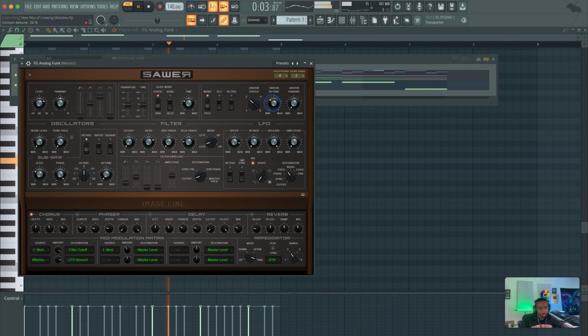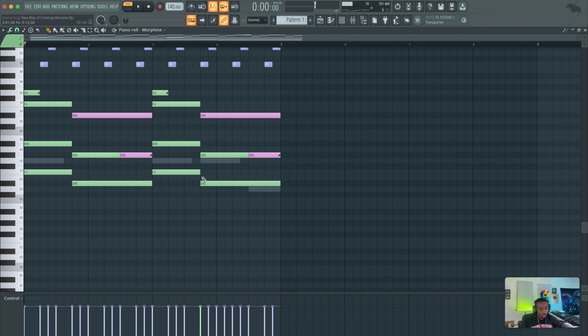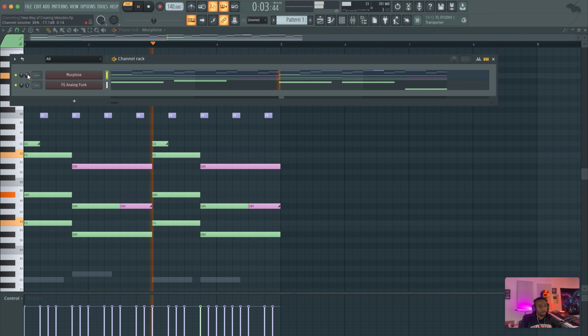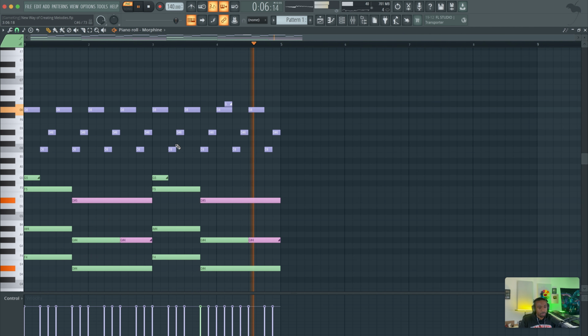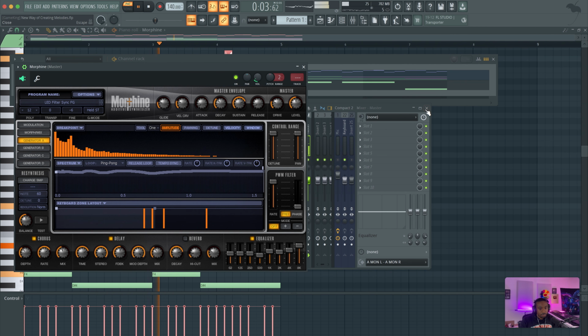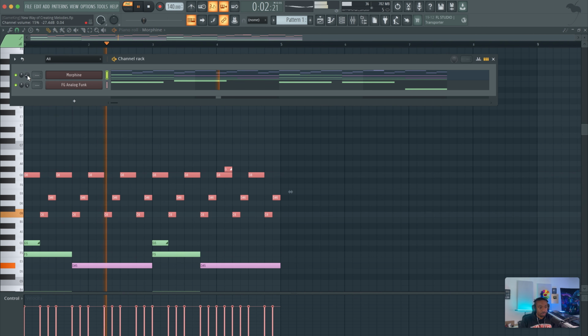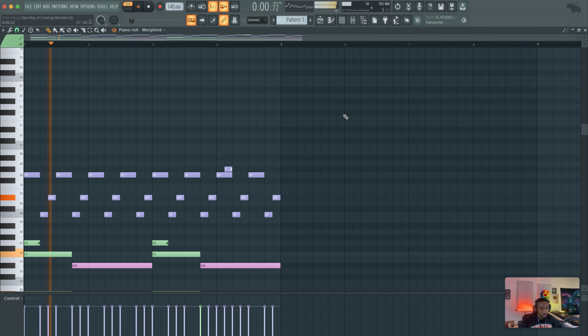You add some unison. Let's try to pull this melody up an octave. This has a pretty cool sound.